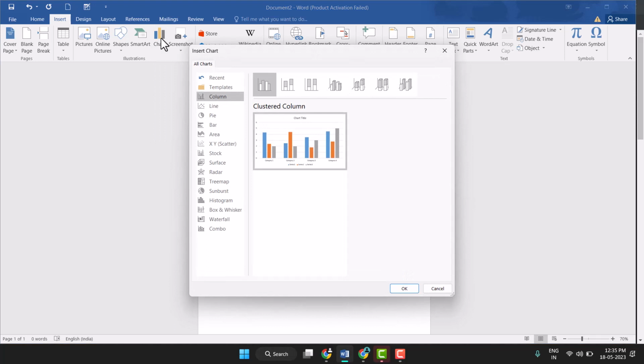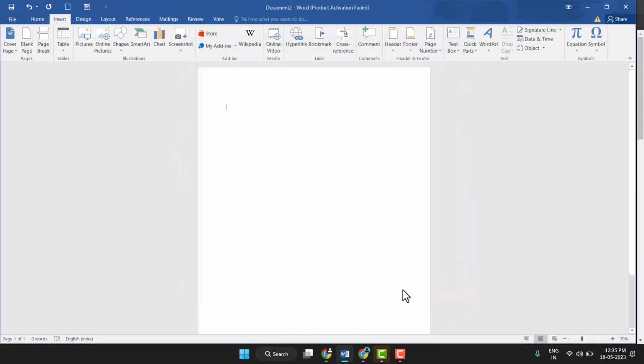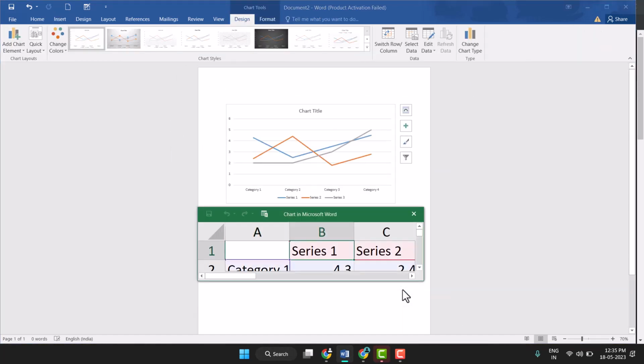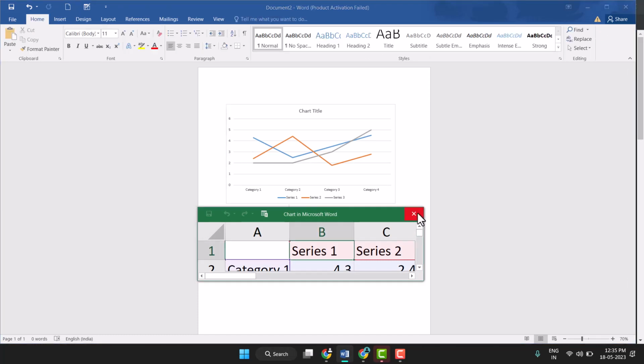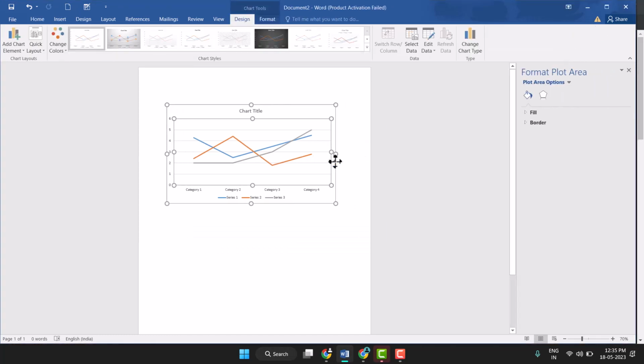Here you see this Line. Just click on Line and here you see this. OK, just click on OK. So now you can very easily add this chart, and you can also customize this chart by here this